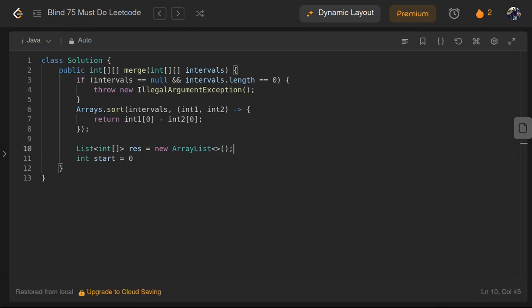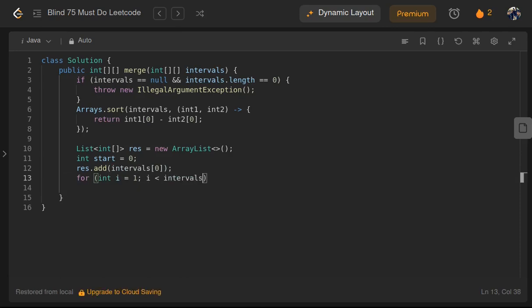Obviously we are starting with 0, and we assume that the first element is already present. So add the first element, which is intervals of 0, and for the rest starting from 1 to the rest of